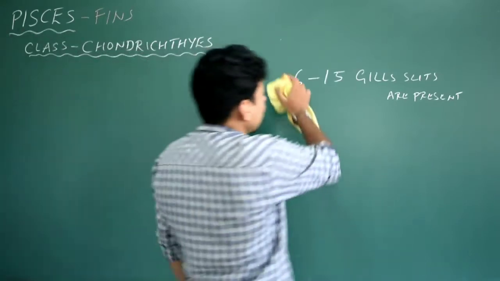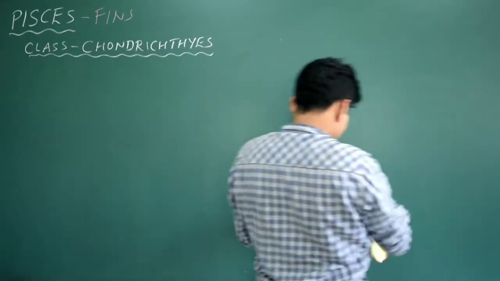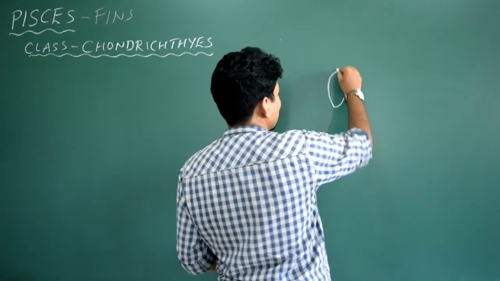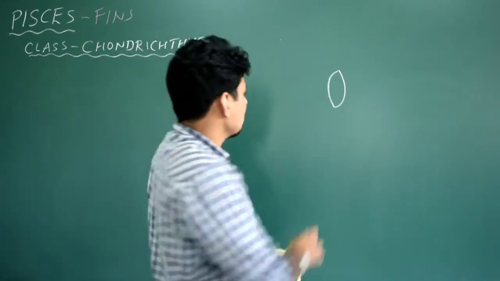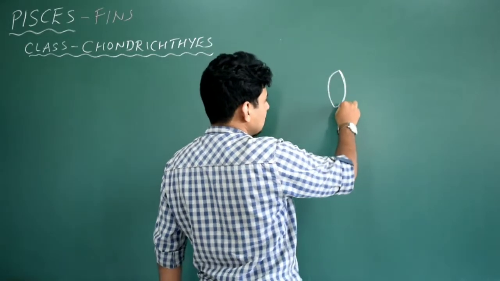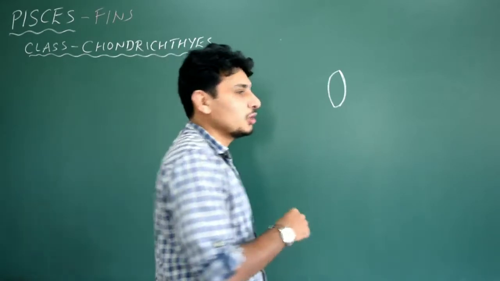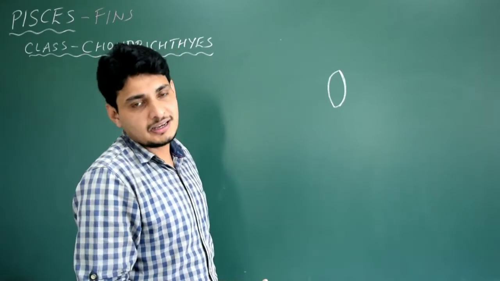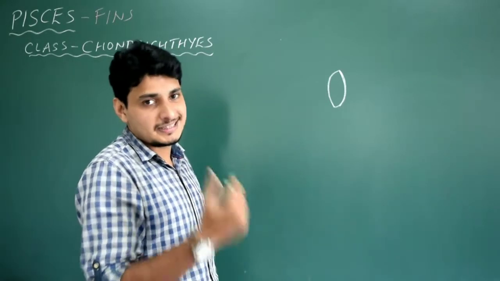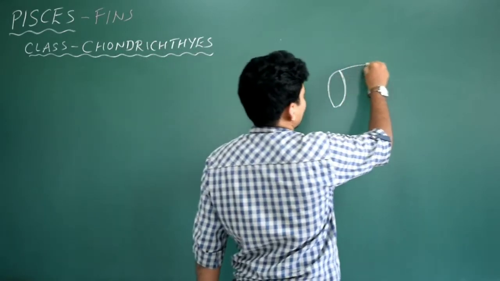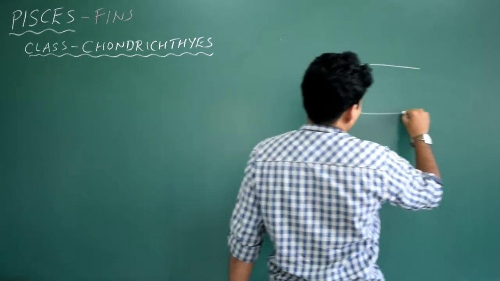Okay, let me show where exactly these gill slits are present in the case of cyclostomata by taking one example, that is, I am going to draw the diagram of petromyzon. So this is the petromyzon, a jawless vertebrate. Note this point, it could be asked: name the jawless vertebrates. Cyclostomata, in that hagfishes or myxine, the other one is petromyzon. Okay, so we just draw the diagram. The animal looks like this.